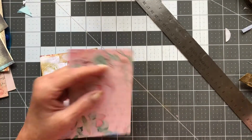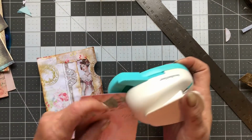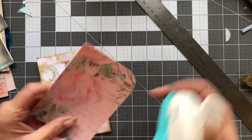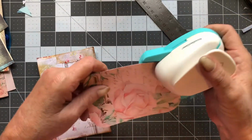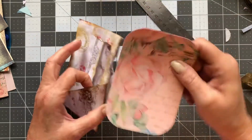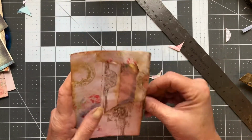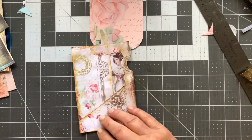I want to round my corners. And I hate this one too, but we're going to try it. Oh, this is the big one. Okay. Oh, this goes in here. I need to ink it though, okay. And then I want to make